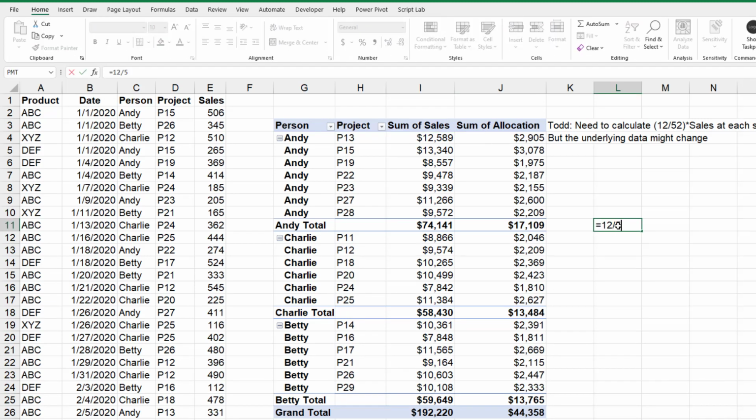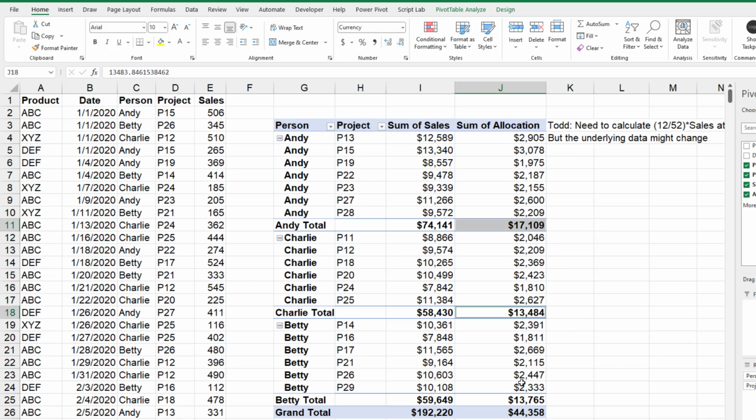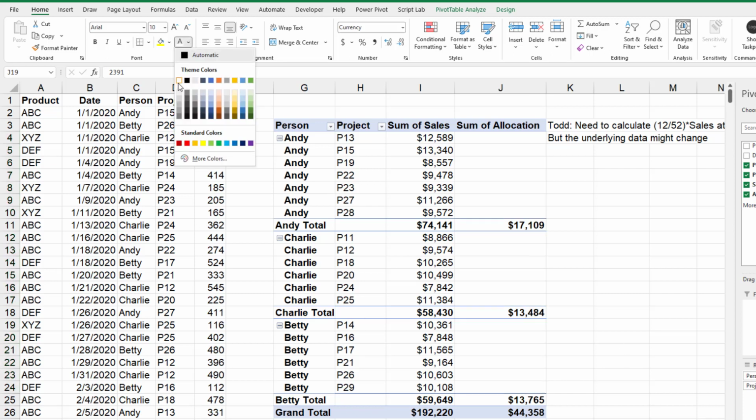Equals 12 divided by 52 times the 74,141, 17,109.46. All right, so right there, that number, and those two numbers are the numbers that Todd wants to be in the pivot table, but he doesn't want all the other numbers. I've thought about different ways to do this, and unfortunately, the way that I came up with that is just the easiest to explain is select all of those cells, and here in the font drop-down, choose a white font,